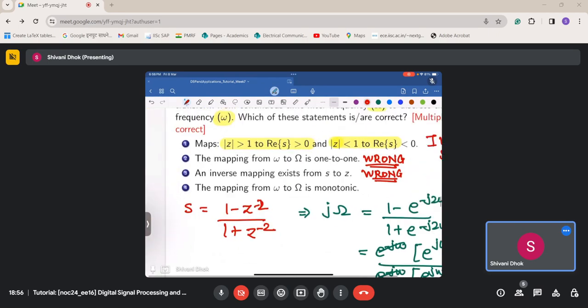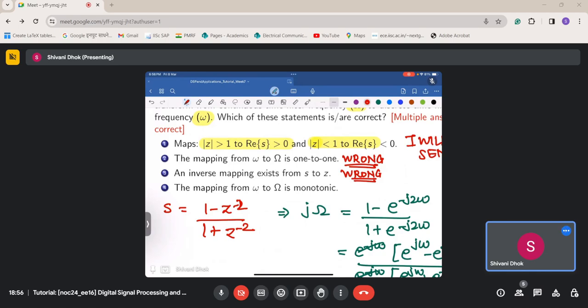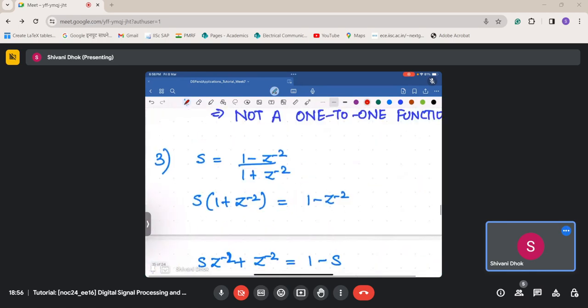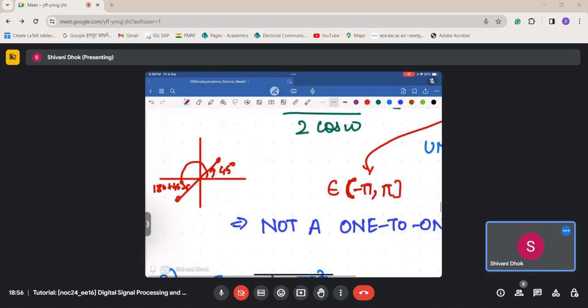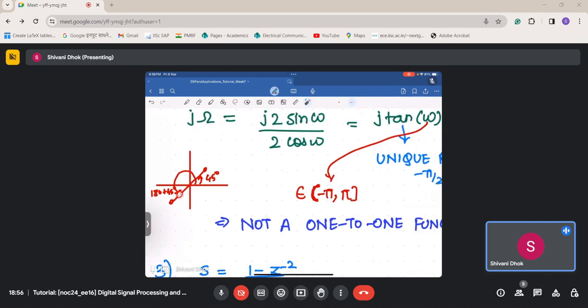Okay, and the fourth option is that the mapping from small omega to capital omega is monotonic. That won't be the case. If we look at this particular thing here, if I'm having two values the same, like this and this, it won't be the case. So basically what is happening is, from minus pi by 2 to pi by 2, this will go on increasing, then this will go on decreasing like this. So it will increase in this part, and after that it will go on decreasing. If you look at the tan function plot, you will understand easily what exactly is happening. It is increasing in this part and then it will go on decreasing like this,